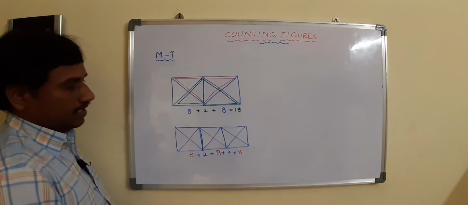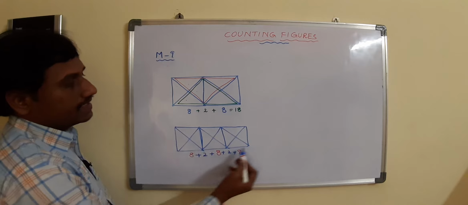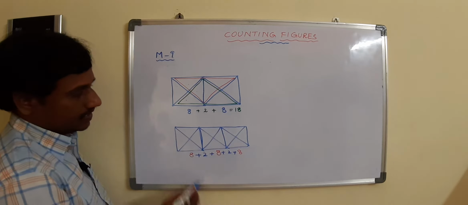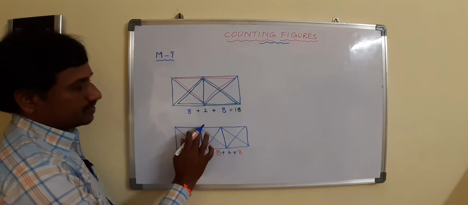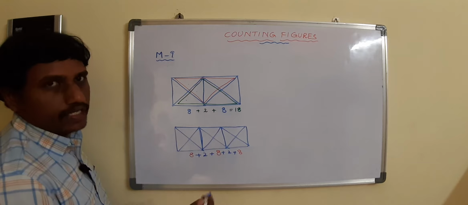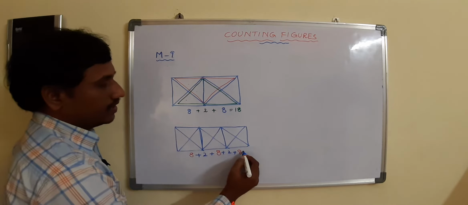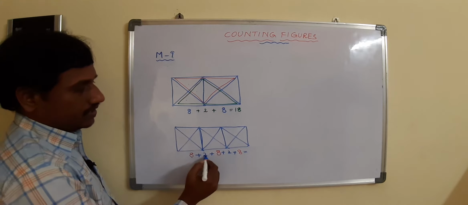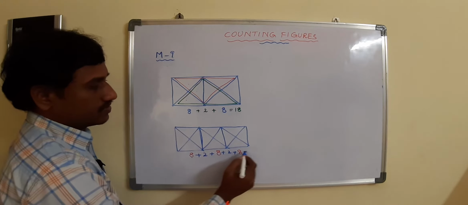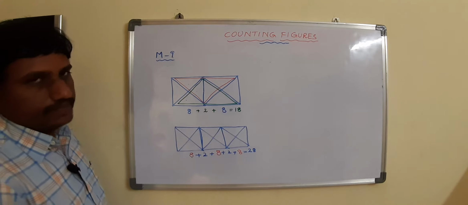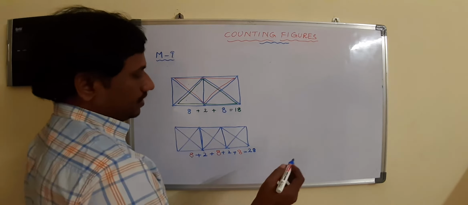Yes. And because of the combination of all these 3 squares, is there any possibility? No. Okay. Only from the combination of 2 squares are we getting triangles, but from the combination of these 3 together we are not getting any more triangles. Then how many in total? 3 8s are 24. 24 plus 4, 2 plus 2 is 4. 24 plus 4 is 28. The total number of triangles is 28. Now another one.